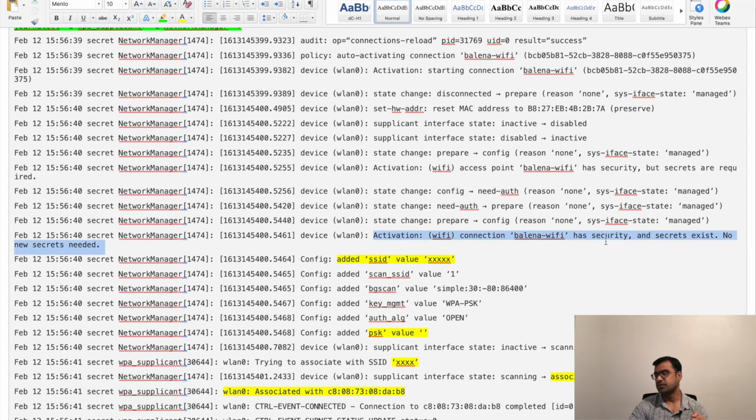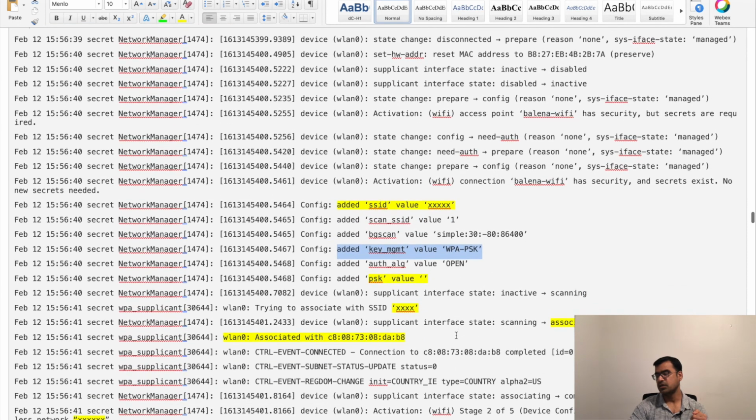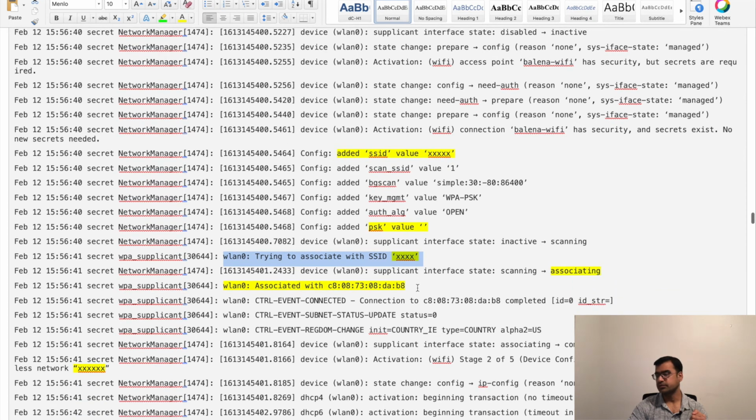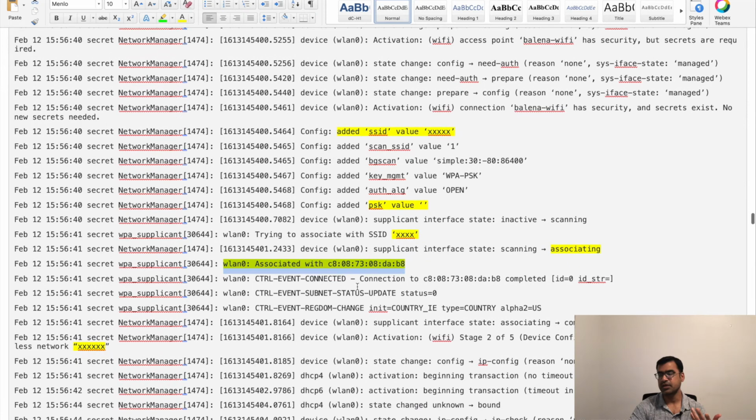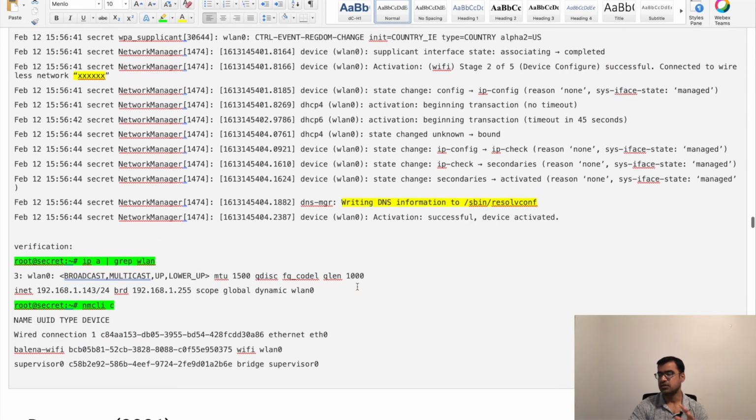My activation of the Wi-Fi connection has security and it's secret. So it has found the SSID by scanning, and then it has found the key, associated, trying to associate. WLAN is associated, so it is already associated with my ESSID, and that's the complete log. Okay, and finally it says that DNS information is